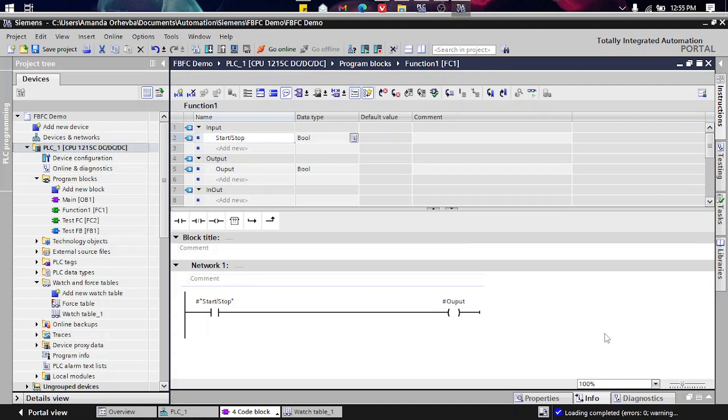This is Amanda from Zip Automations, and I'm here today to explain the difference between a function and a function block in PLC programming. Now, a function is essentially a block of code that can be reused in multiple instances